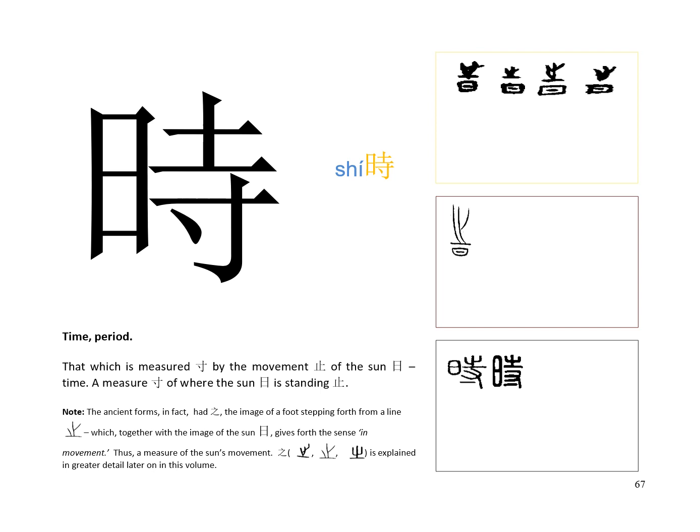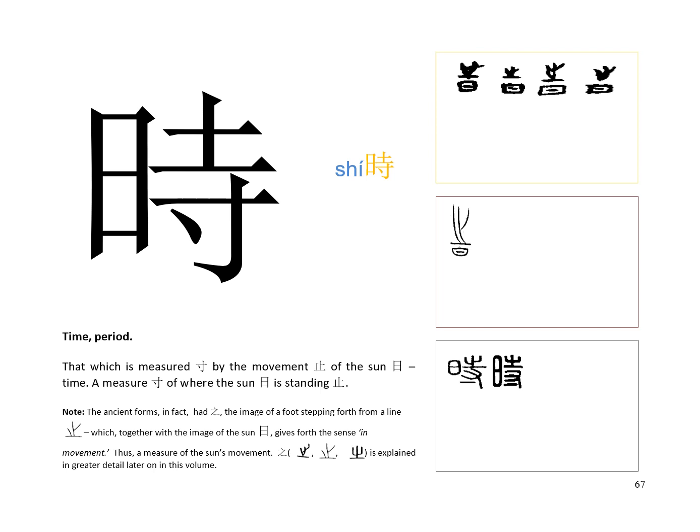The top right box has the image of a sun, a line, and a foot stepping forth. So you have the notion of movement of the sun as time. As this glyph evolved over time, the sun and the foot stepping forth from a line was retained. That remained in the glyph. In addition to that, the sun symbol, the symbol that we saw in the previous slide, got added, becoming the Shi symbol. So you have the sun,